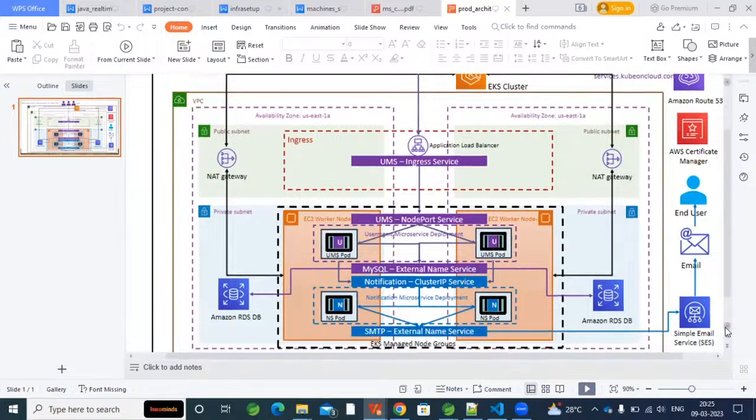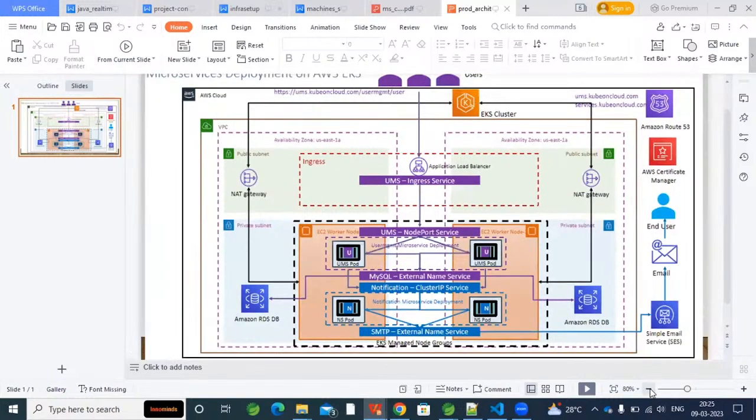So first we have to create an account in AWS, and we have to create the virtual private cloud. In this virtual private cloud, we need to take the availability zones, and then we have to take the subnets, public subnets and then the private subnets. And then we have to configure the EC2 instances in the private subnet. And then we have to configure the NAT gateway, then load balancer, certificate manager, Amazon Route 53, and Simple Email